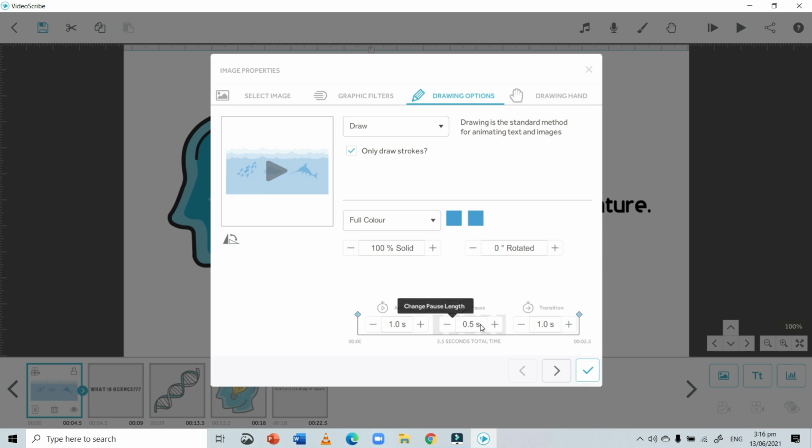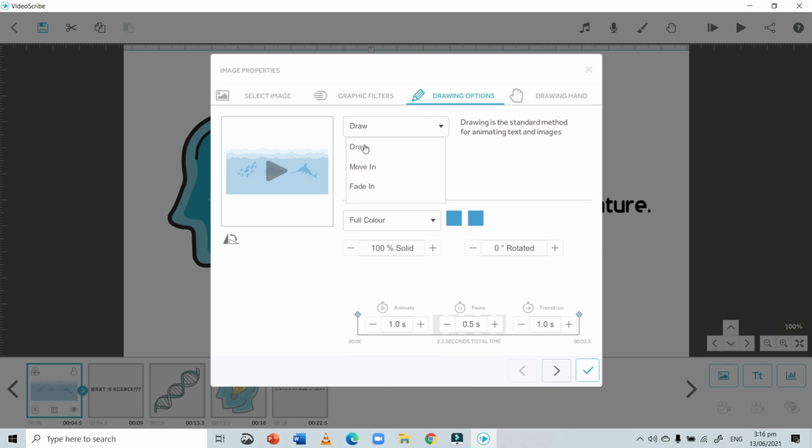And transition is the time for which the video will transit from one element to the other. So you can set these times according to your requirement.